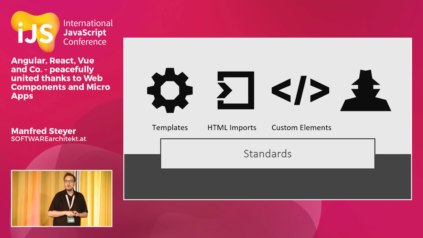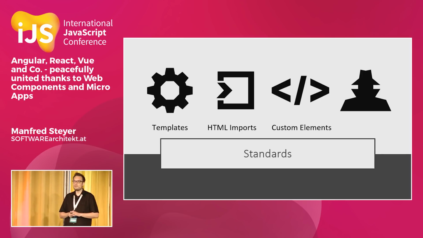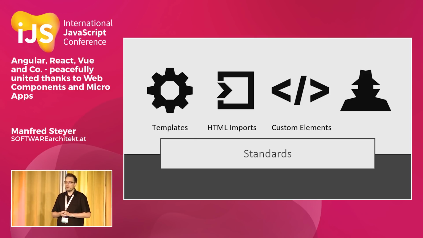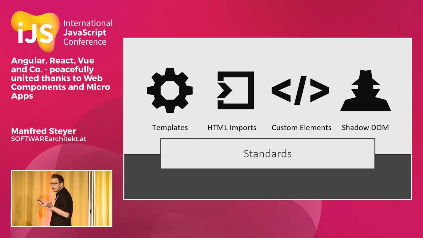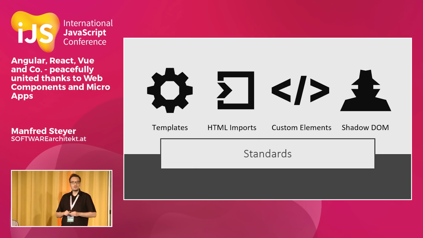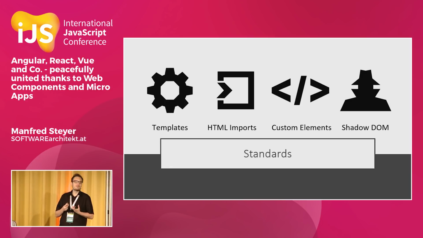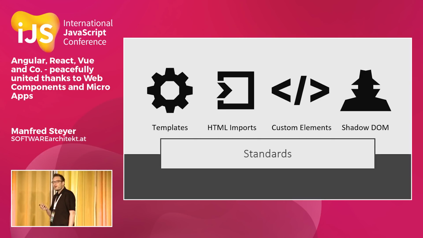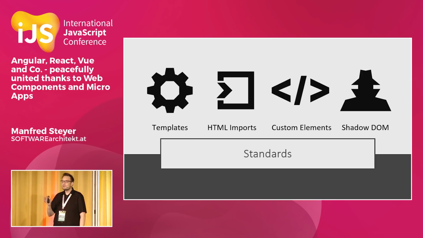You can also use those custom elements with vanilla.js, with some DOM magic, document.createElement, and so on, to get in touch with them. And there is Shadow DOM. I really have to say the German translation because it sounds that mighty. It would be Schattendom. I really like this. It really sounds mighty. And this Shadow DOM is really powerful because it allows you to isolate your web component